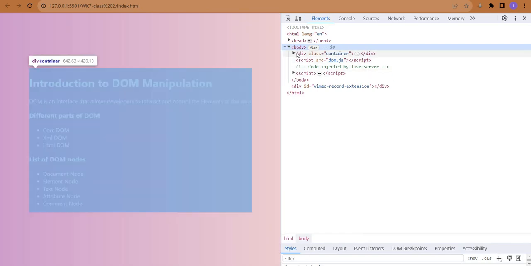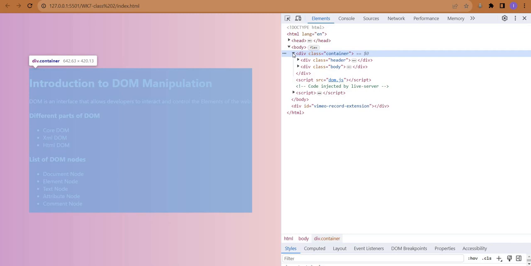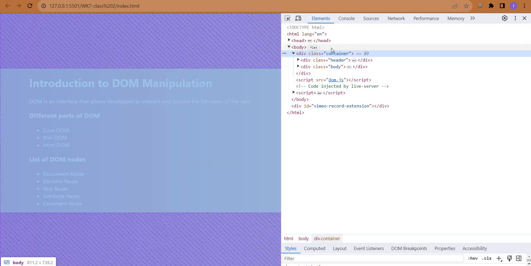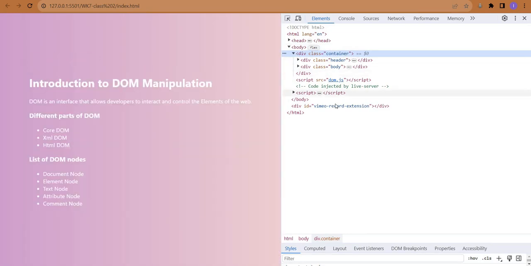So all of these here. You can see that the browser already creates what? The document object model of this web page. Like I said earlier, when your web page loads on the browser, what the browser does is to create an HTML document object model of that web page. So through that document object,